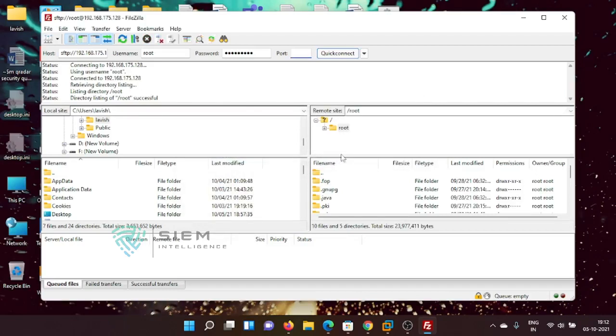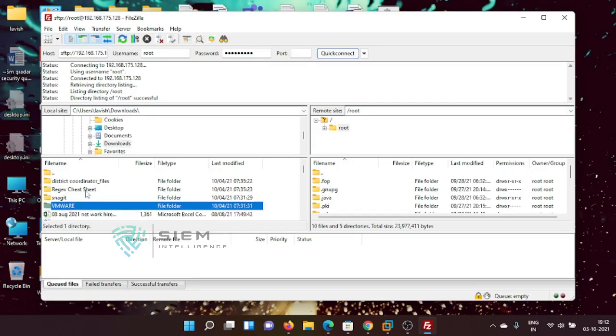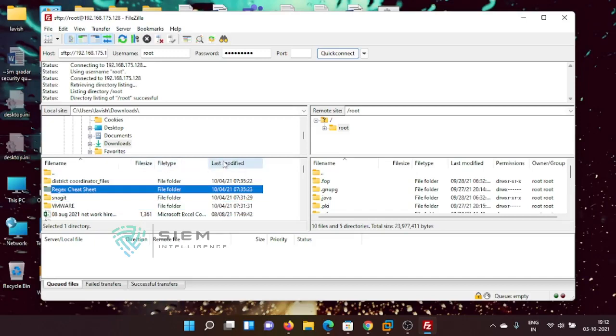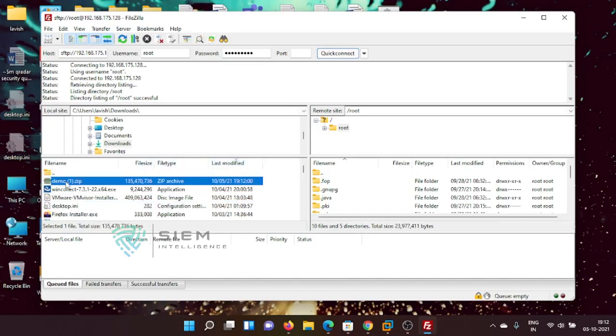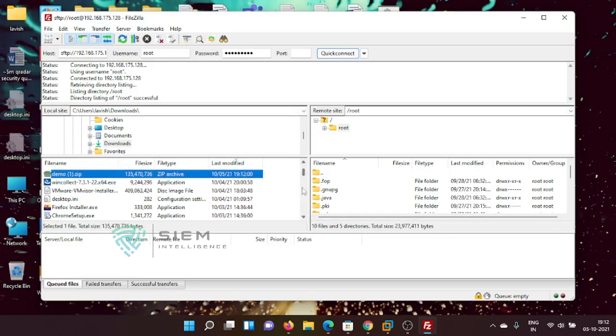It's connected. So I will place this demo.zip in this system. See, download is there. This one is a demo.1, or you can take demo. There's a demo while also there, so you can take demo one also.